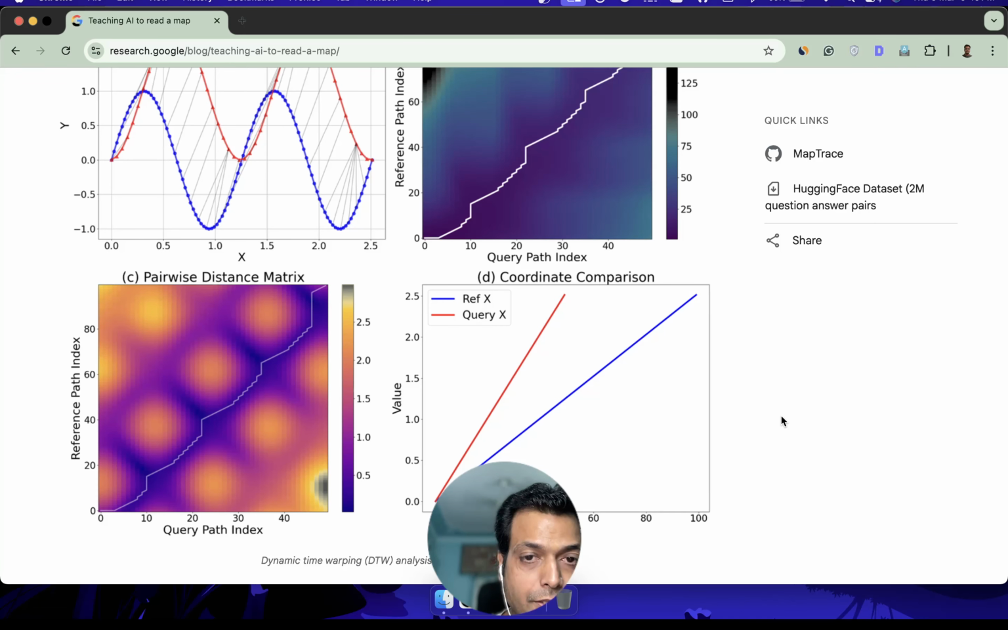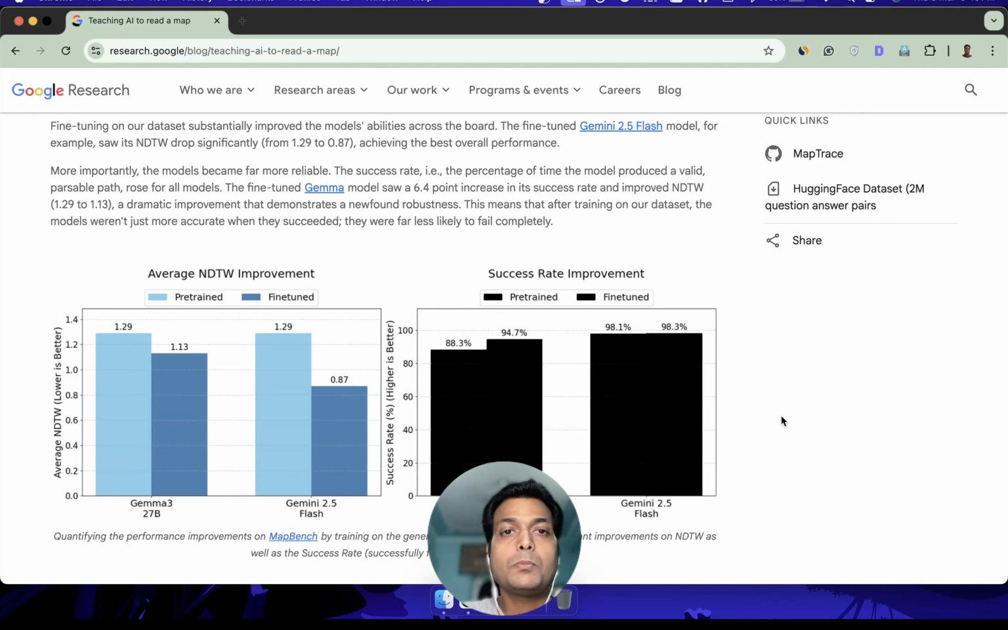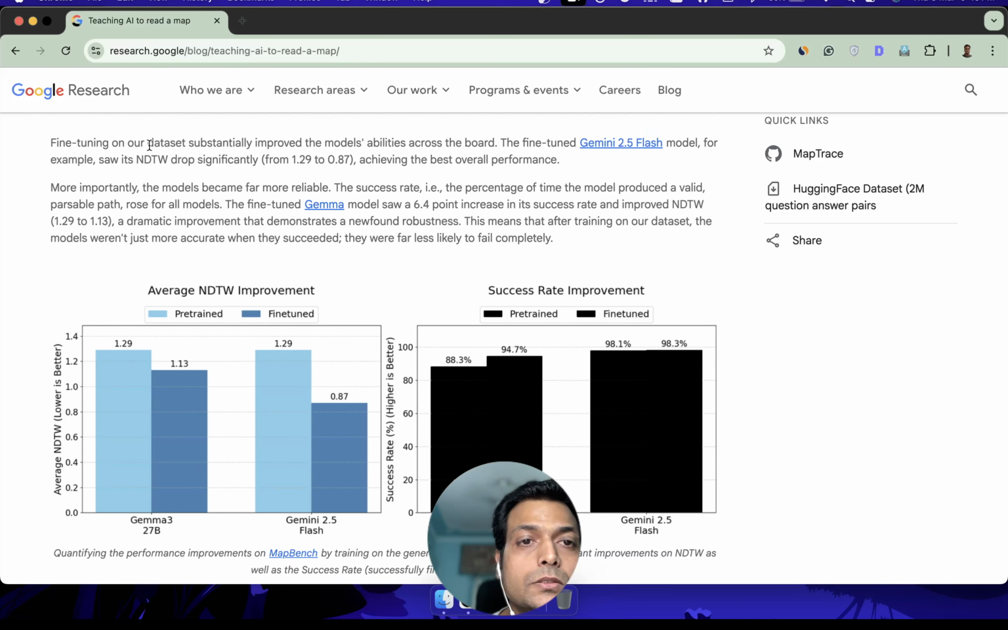Now fine-tuning on our dataset substantially improved the model's ability across the board. The fine-tuned Gemini 2.5 Flash model, for example, saw its NDTW drop significantly, achieving the best overall performance. More importantly, the models became far more reliable. The success rate, okay,